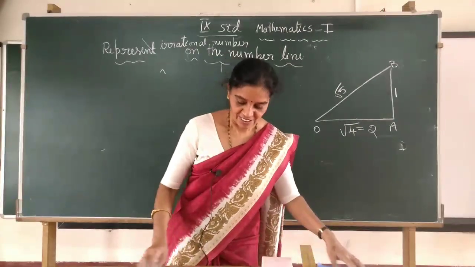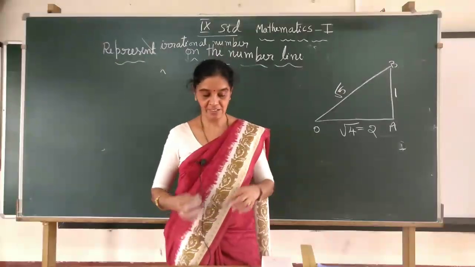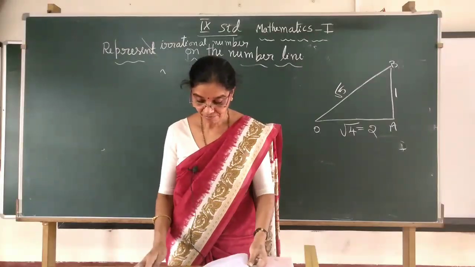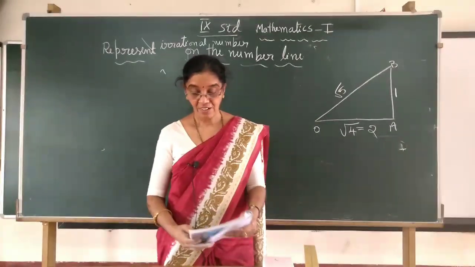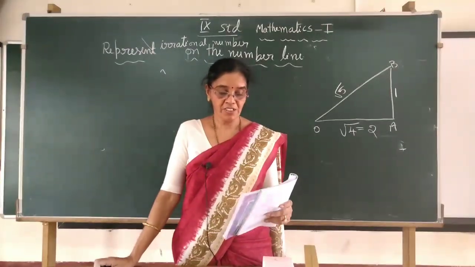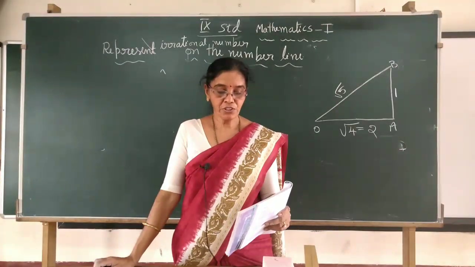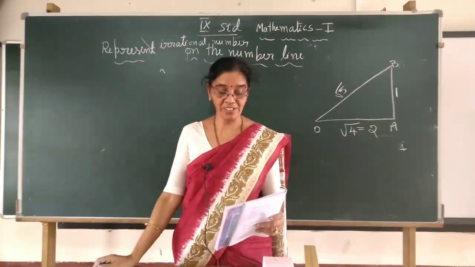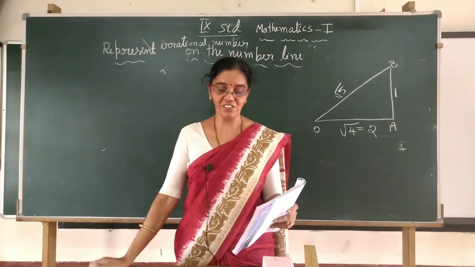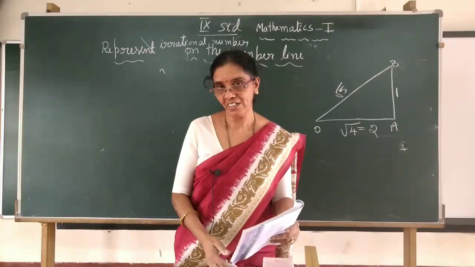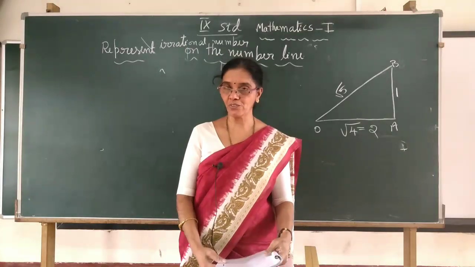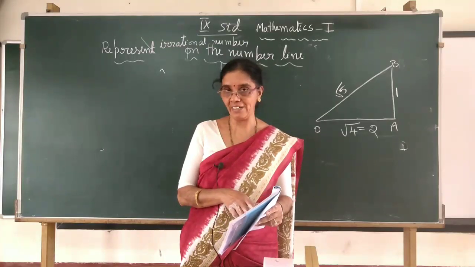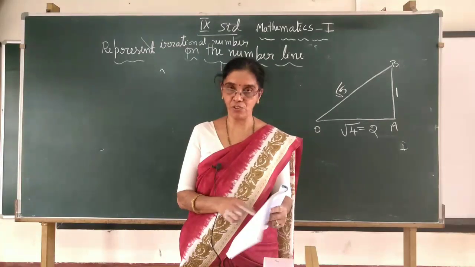And open your textbook, children. Exercise 1.2 in your textbook. There they have given the third problem. Show how square root 5 can be represented on the number line. They have given the clue. You can do that. Then the fourth one, you can try this activity in a separate sheet. All the different square root 2, square root 3, square root 4, etc., all the numbers in one number line. How to represent? Just go through that fourth problem.